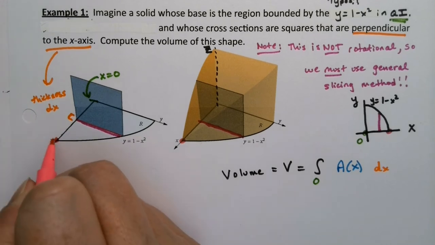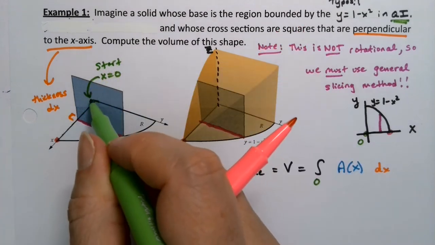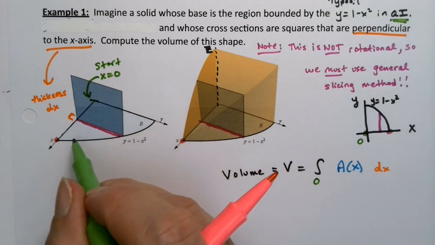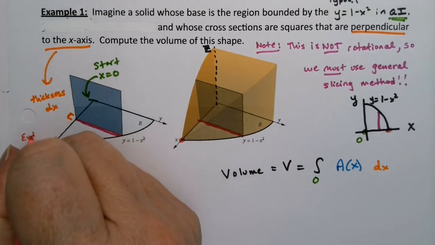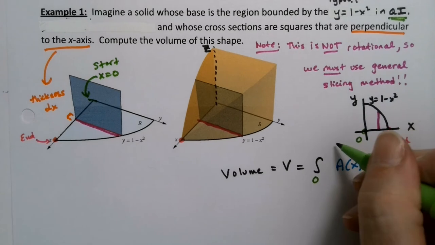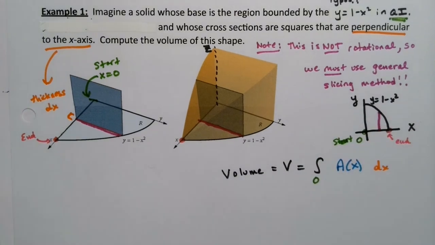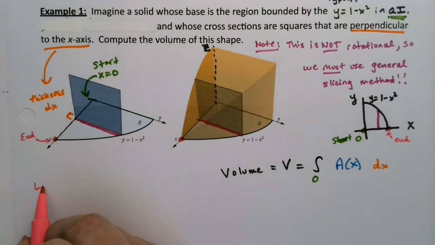All right, so there's the end. This was the start right here, my integration. So I'm going to start stacking my weird post-it note stack at that end. I'm going to end up over here. So over here is the end, right? Or if you're looking at it from up on high, that's the end and that's the start. Sorry, got dyslexic there for a second. All right, so how do I find that endpoint? To find the limits of integration,